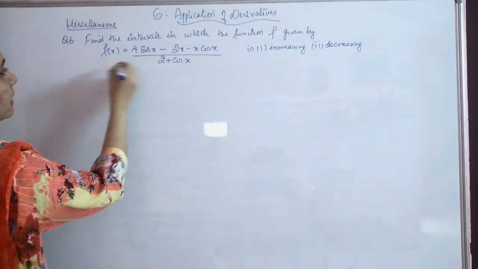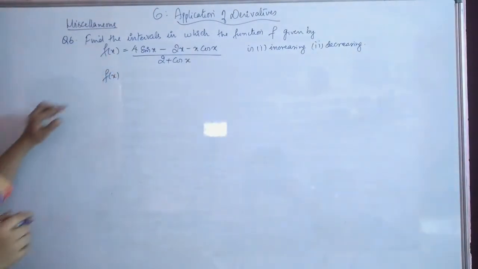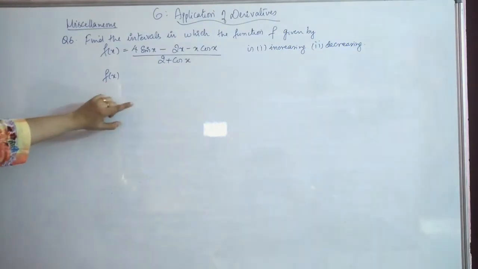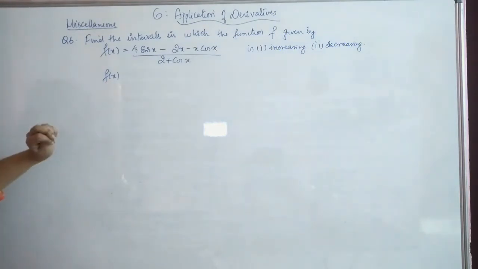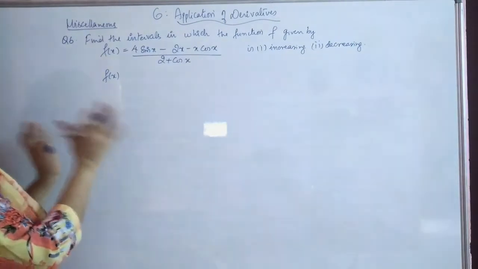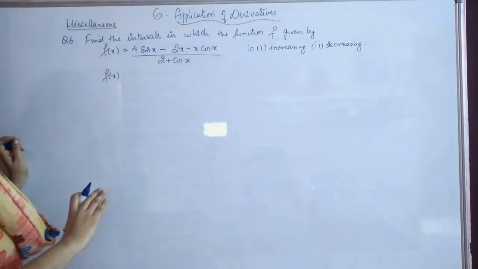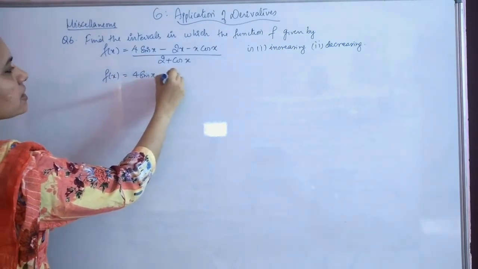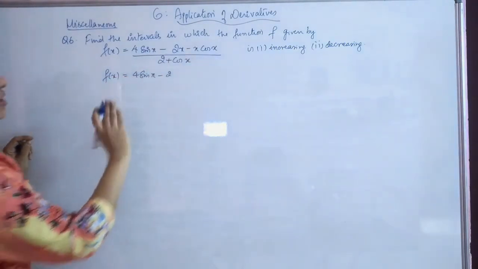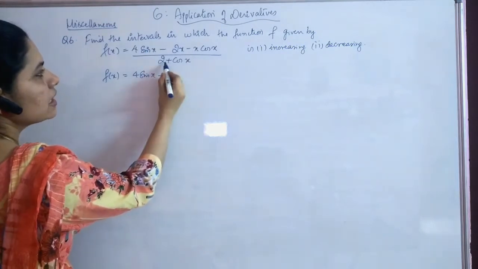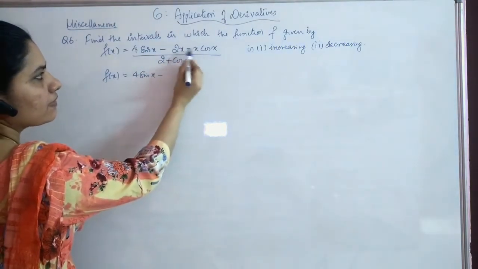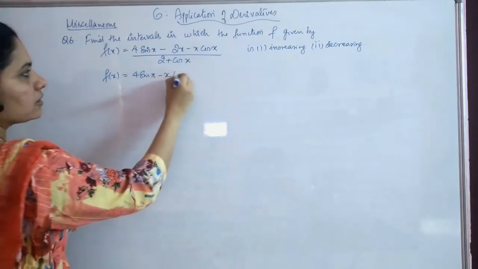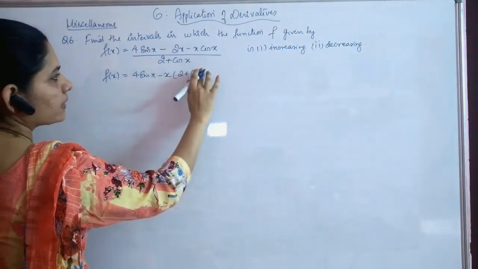we are starting with f of x. What we need to find out is f dash of x, equate it to 0 and find out the values of x, right? And in which interval that x value is giving you increasing and decreasing. So first we will find out what is f dash. For that, first we will rewrite this f of x so that the question becomes easy. Here you can see 2 plus cos x, and here you have x in common, and if I take minus x in common, this can be written as 2 plus cos x, right?